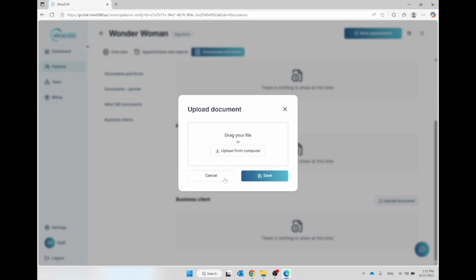a document. So let's say you have a donor profile or anything that you want us to see prior to the appointment. This is where you drop that document and we'll have full access to it. So you can leave instructions as a comment. You can put a document here. There's all kinds of ways that you can communicate with us and let us know things in advance before that